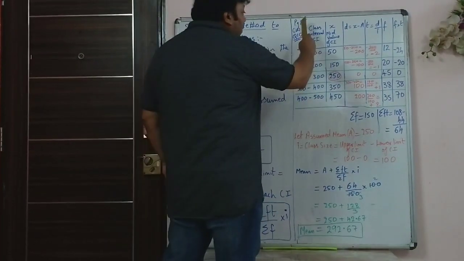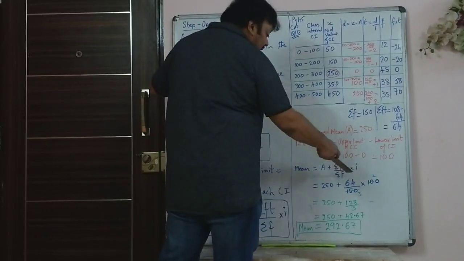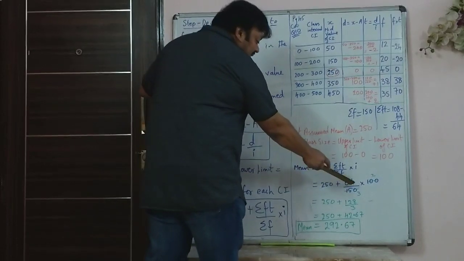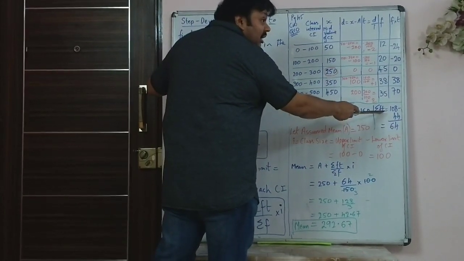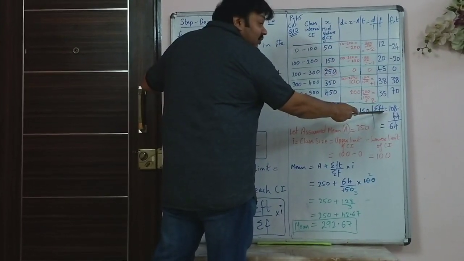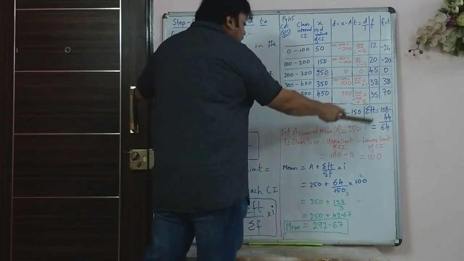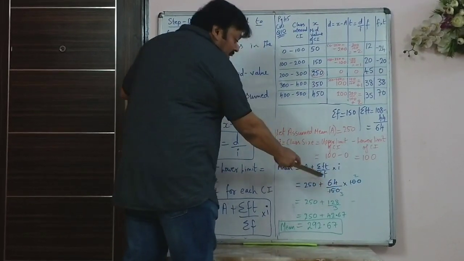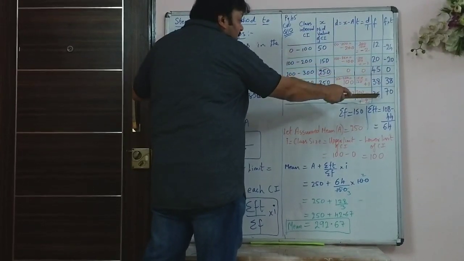So here in this sum number 10, the columns are made, and when you do the calculation, assumed mean you have taken 250 plus sigma f of t is 64. This is sigma f of t. Now it is not sigma f of d. d was deviation for shortcut method. This is step deviation method. This is f into t. So now here 64 upon 150. So 150 is sigma f, add up all these frequencies.